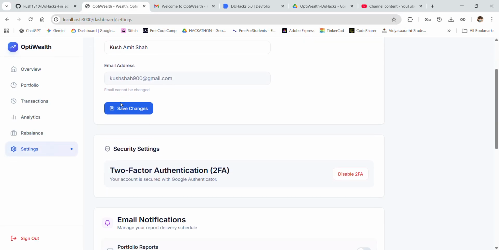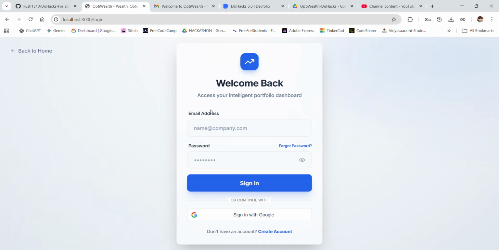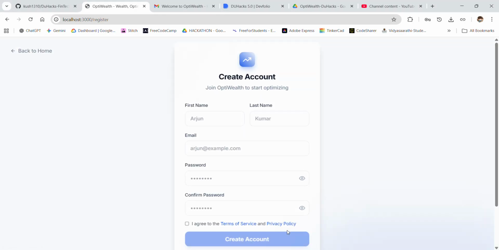We're just gonna refresh it, and as I just refreshed, it's showing me to log in. Why? Because I have enabled the multi-factor authentication. So let's just do that. Instead of that, let me do one more thing, let me create an account manually to see how things go on manually. So yeah, Kosha, and let's give a different email as